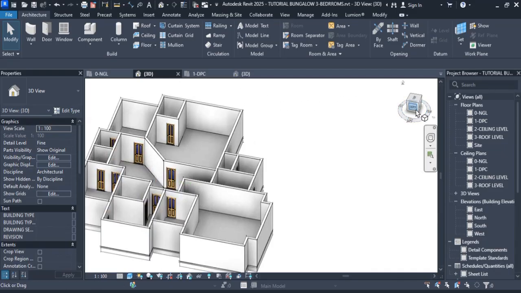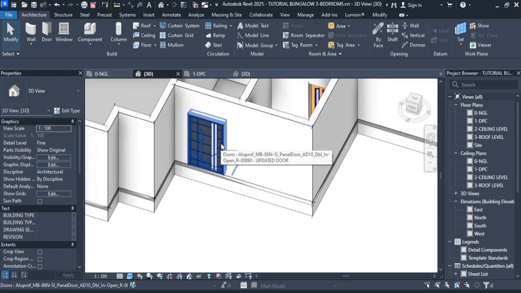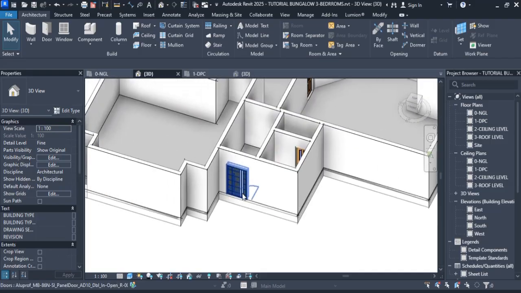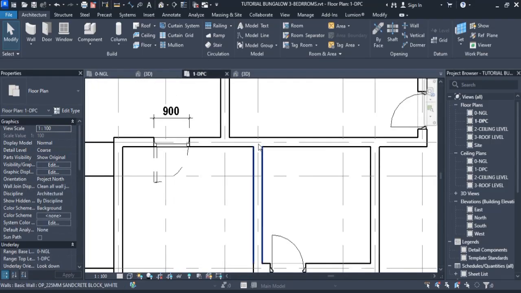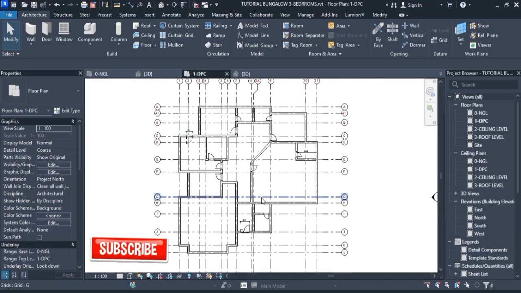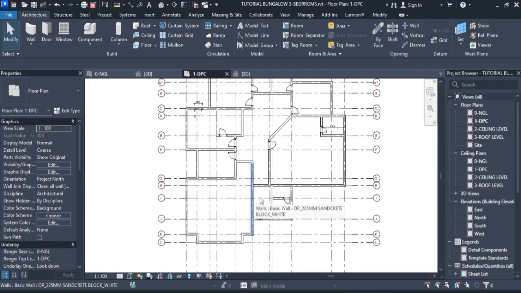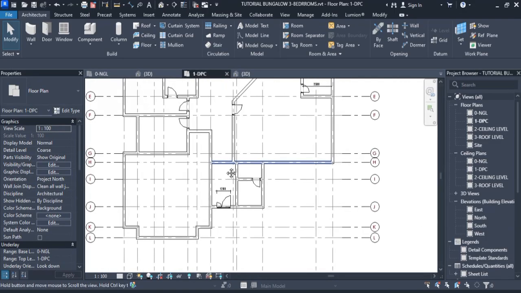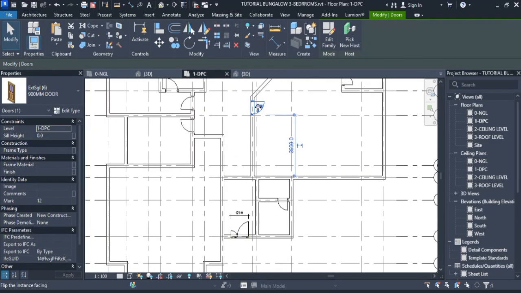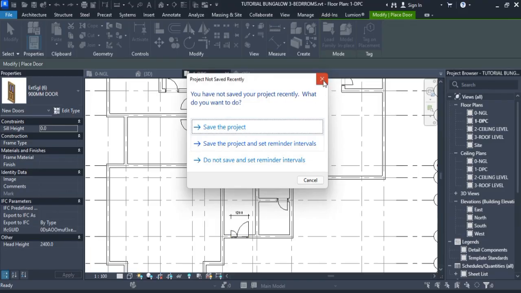Okay, so this is the exterior door, the one we just loaded in, the 900 door, and this is the exterior 1200 door for the main entrance. So that's it for our doors in this. We have our interior doors and our external doors already loaded in. Okay, I think we're missing one door here, a 900 door here, so we can click on this CS a 900 door from the anteroom straight up into the circulation lobby, and then